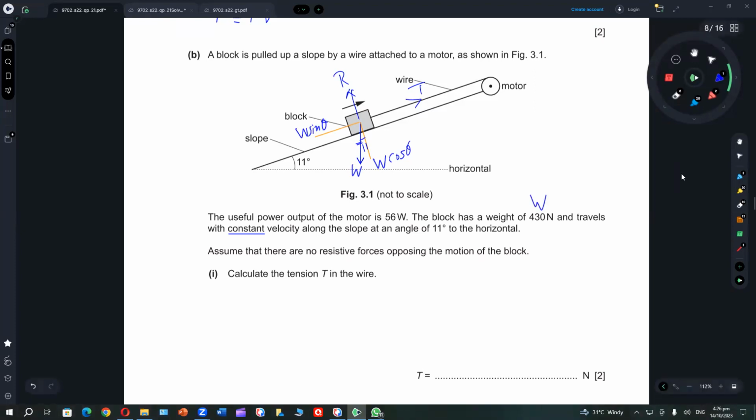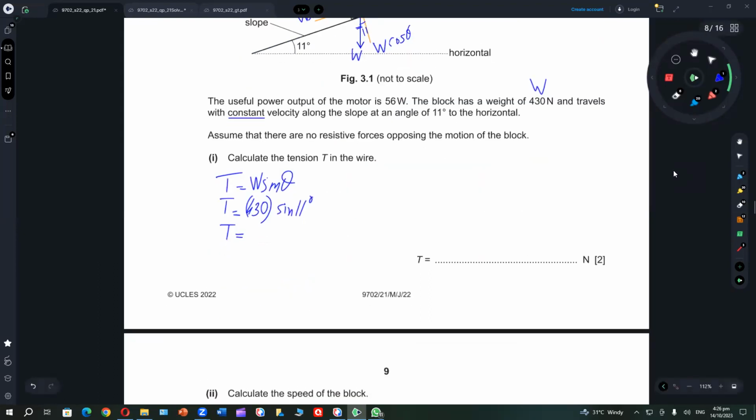Then solve it. Tension is upward. The object is moving at a constant velocity. V is there. There is no acceleration. So you can equate the forces. You can say T is equal to W sine theta, which is 430 sine 11. Make sure the calculator is in degree mode. See what answer is coming here. If you calculate the tension,